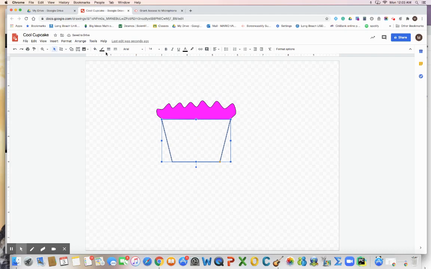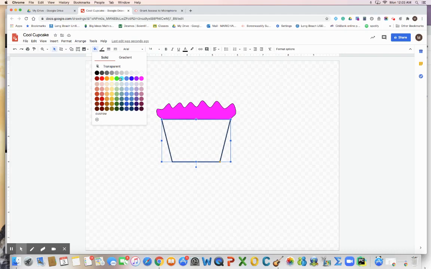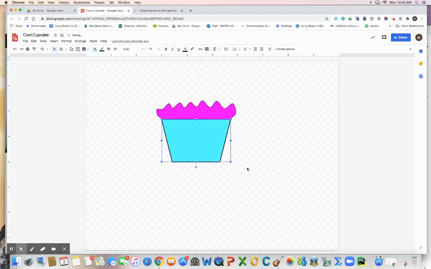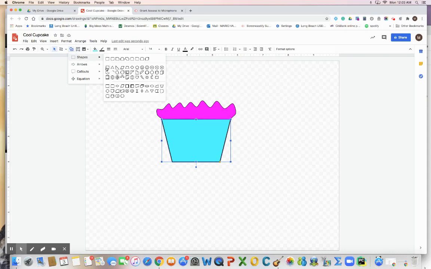This here, you can change it a little thicker if you want, like change it to 3, or maybe 2 is good. If you want this background to be like bluish color, you just click here like that. Starting to get a shape of a cupcake. Then we can put the little cherry here on the top, right? Put the little circle here,